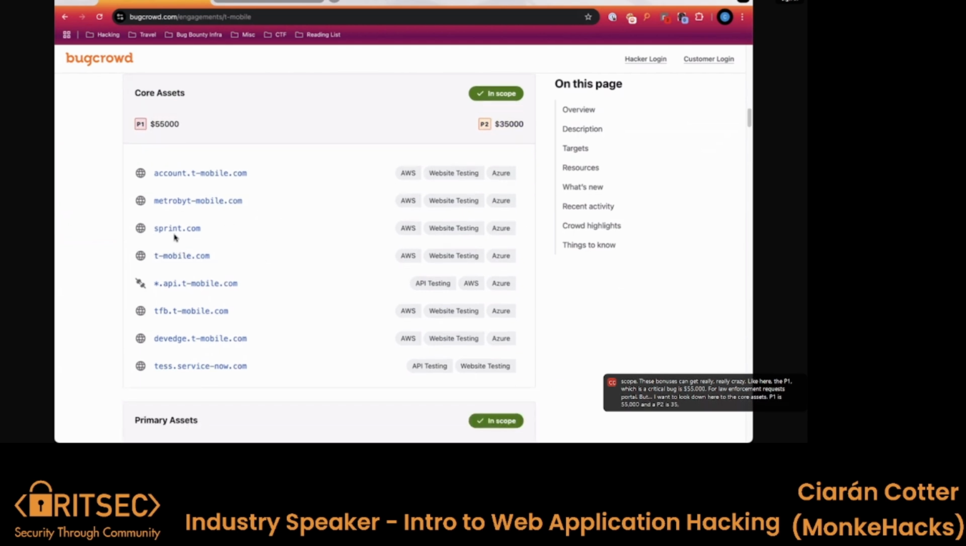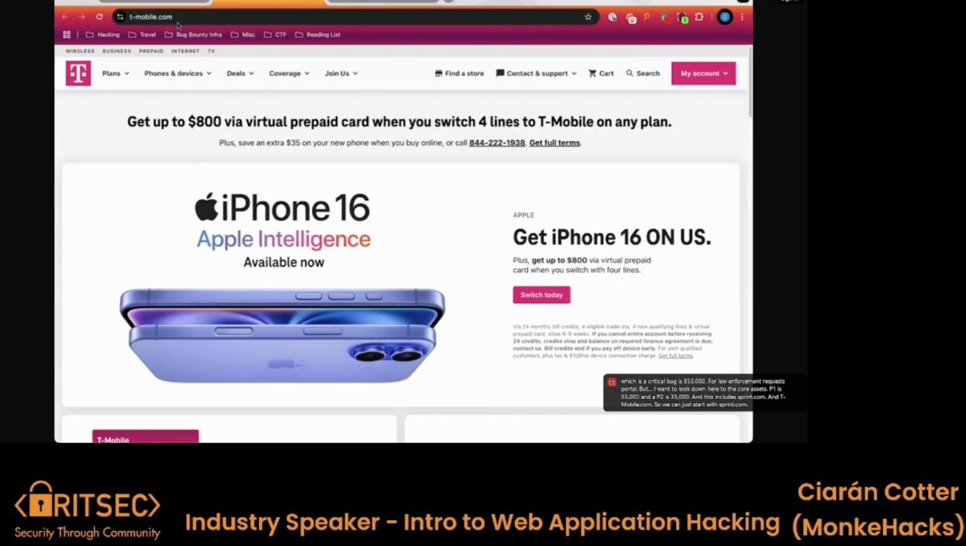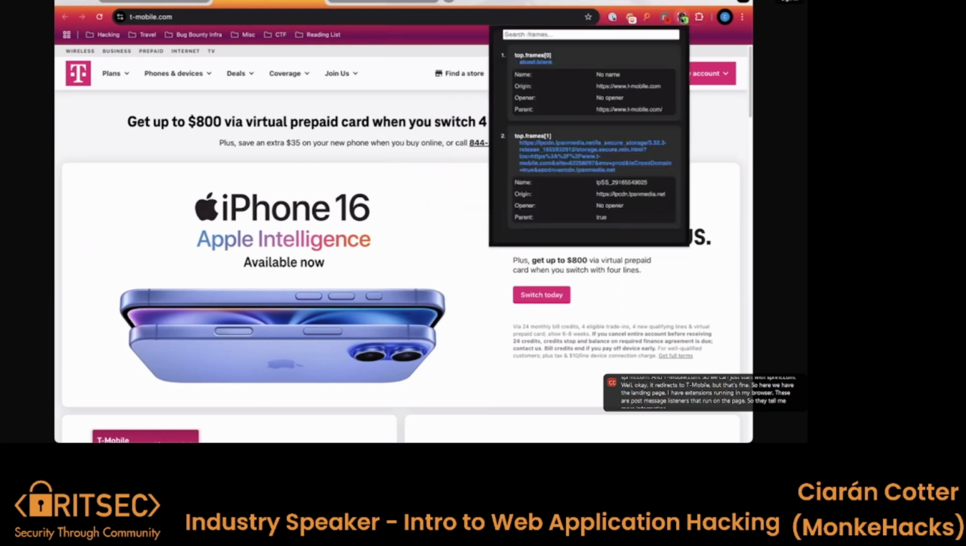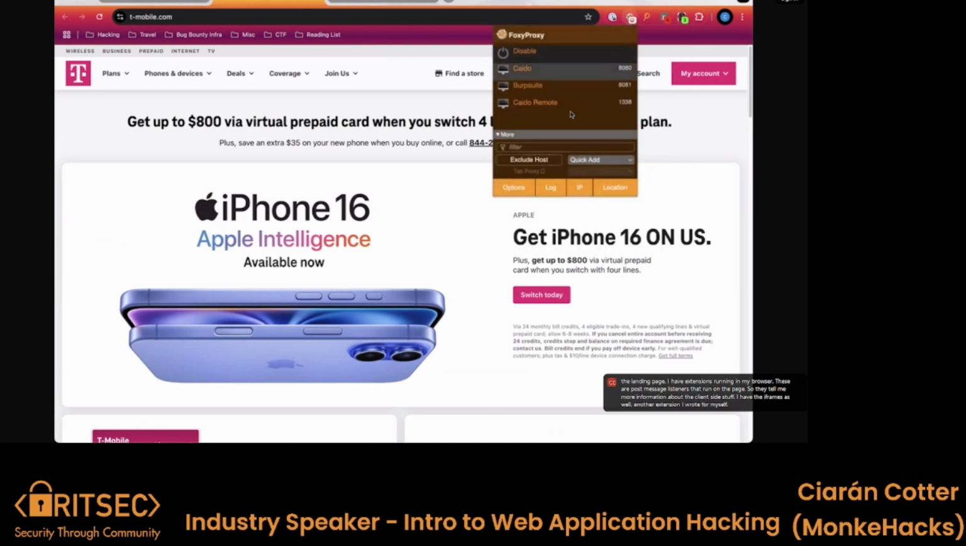And this includes sprint.com and tmobile.com. So we can just start with sprint.com. Well, okay, it redirects to T-Mobile, but that's fine. So here we have the landing page. I have extensions running in my browser. These are post message listeners that run on the page, so they tell me more information about the client-side stuff. I have the iframes as well, another extension I wrote for myself. And this is Foxy Proxy, which is an extension that lets me enable my proxy from my browser very, very